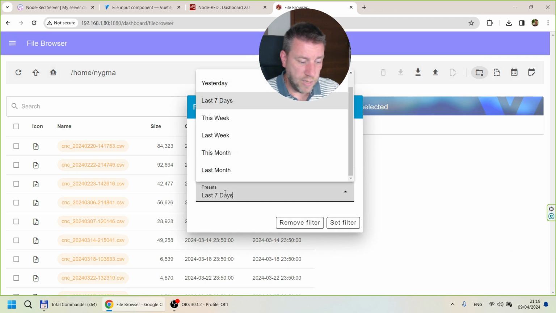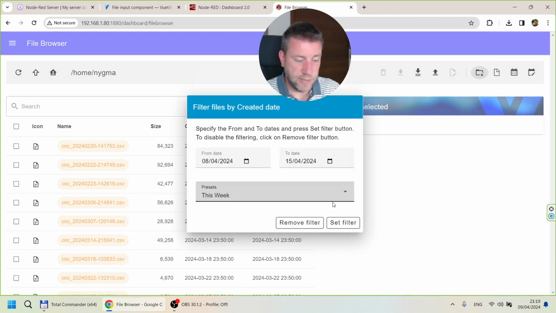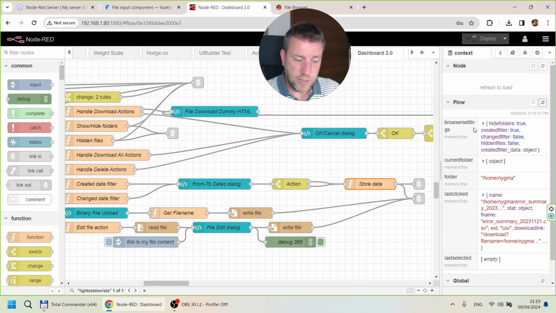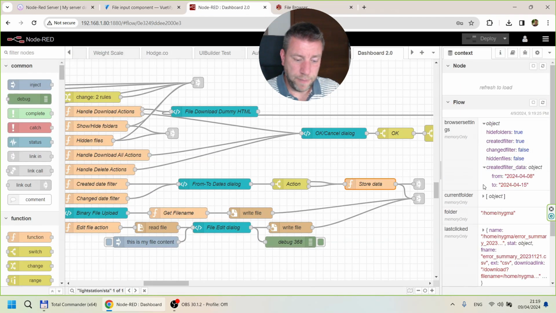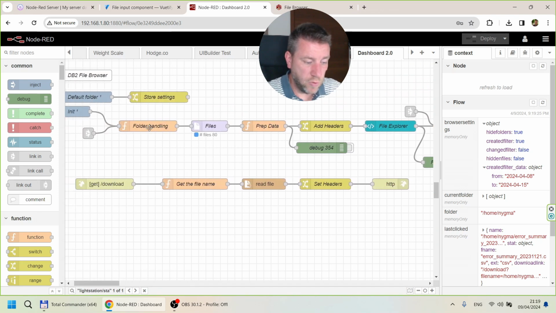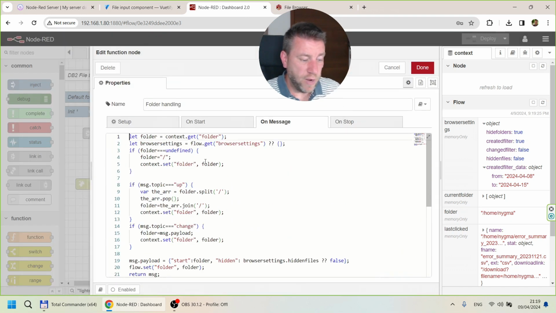So if I enable, let's say this week, set the filter, then if I refresh this, yeah, then it stores these values in the filter. So there is a from and the to date now that I have selected, and that actually goes back to this refresh. So that feeds back into here,